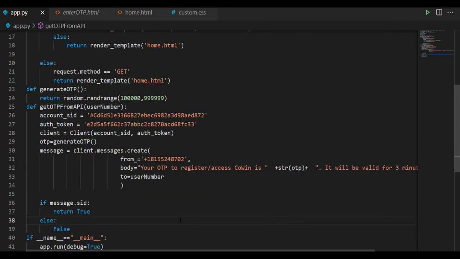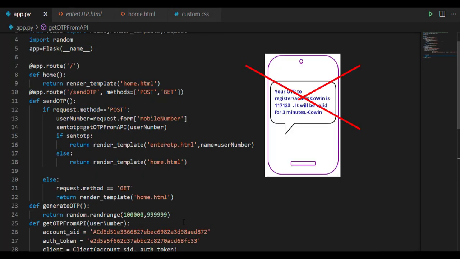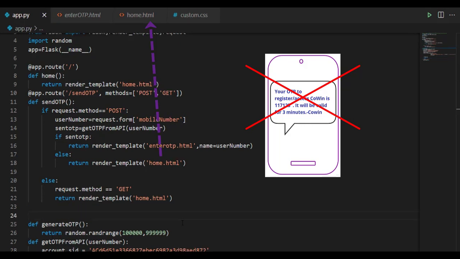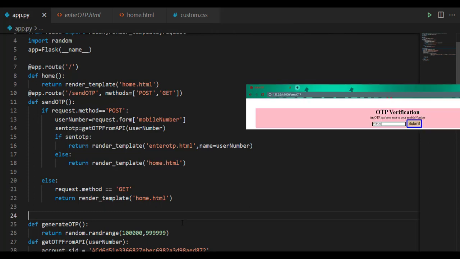And if message.sid is false, that means if OTP is not sent, then return render_template home.html page. So now assume that user got OTP and user entered OTP in OTP text field. Next what we have to do?